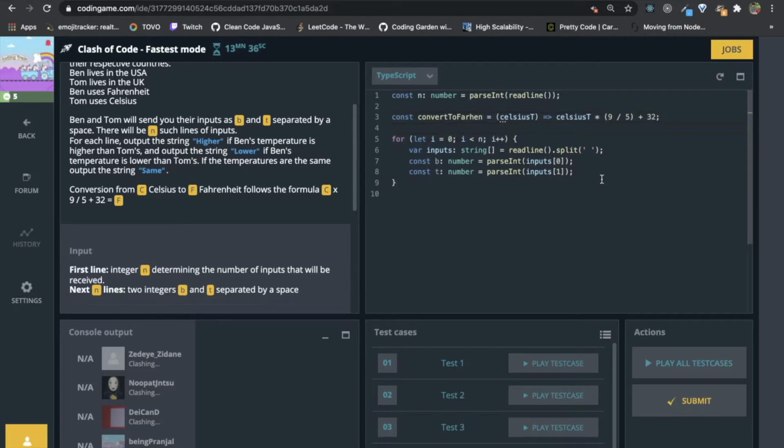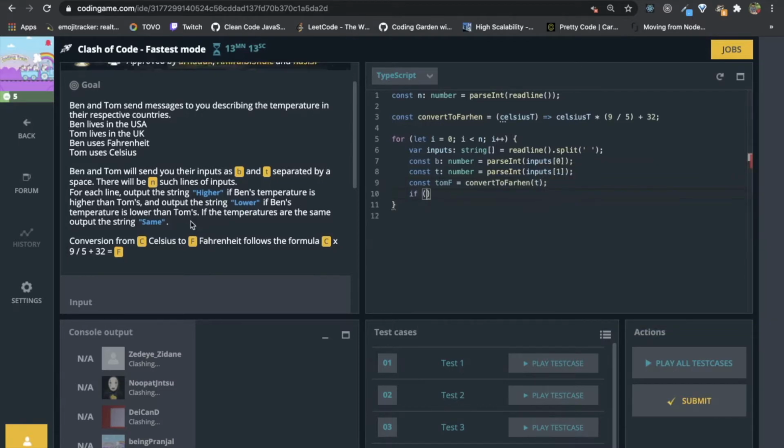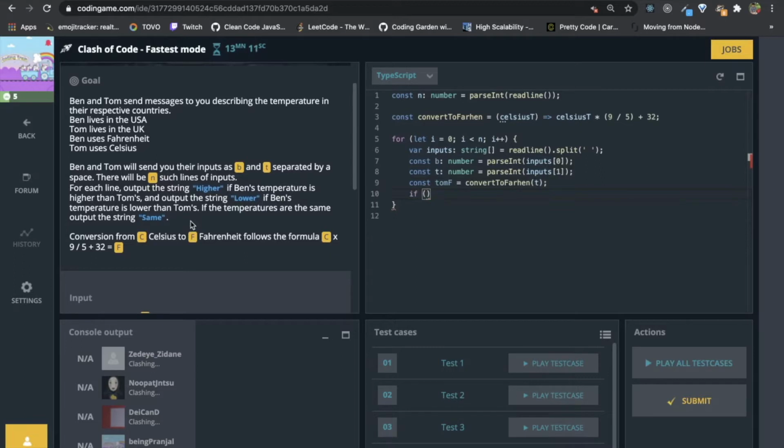Ben uses Fahrenheit, so Ben is fine, but the temperature for Tom will be converted, and now we can check if Ben's temperature is higher.